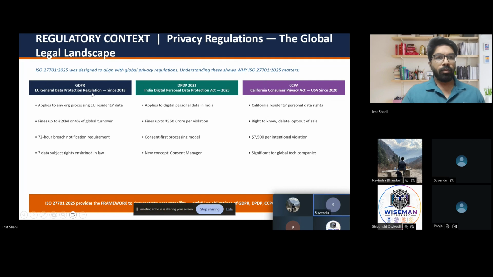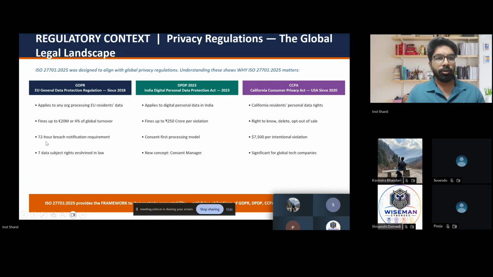Now, whom does the GDPR apply to? It is basically the EU General Data Protection Regulation enforced in 2018. It applies to any organization processing data which is owned and possessed by EU residents. So as I was saying, GDPR is focused only and only on the EU region data. Anyone residing in the Europe region, their data is so sensitive that you need to comply with the GDPR Act. This is the scale of fines which the GDPR governing authority can impose.